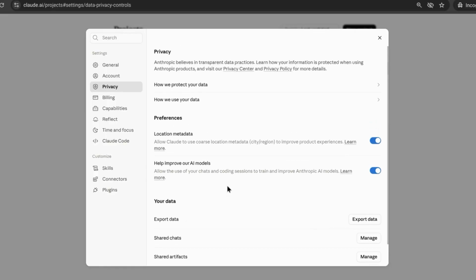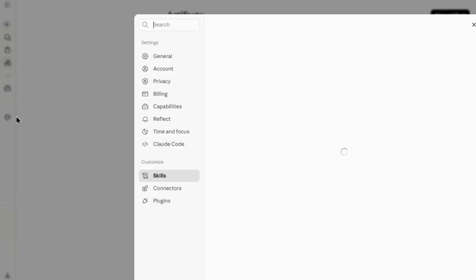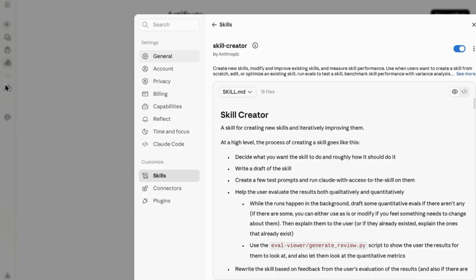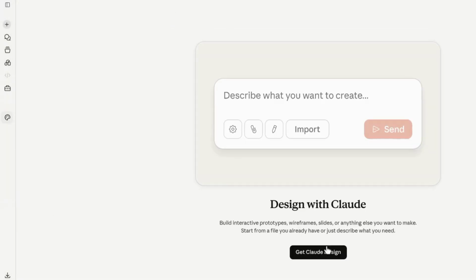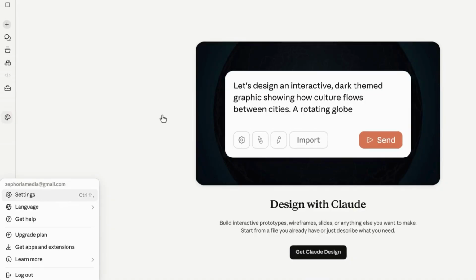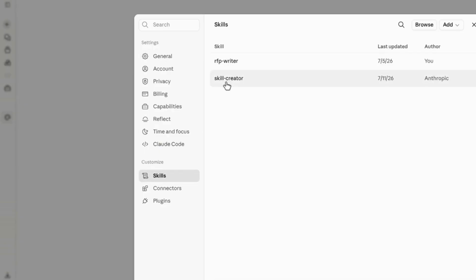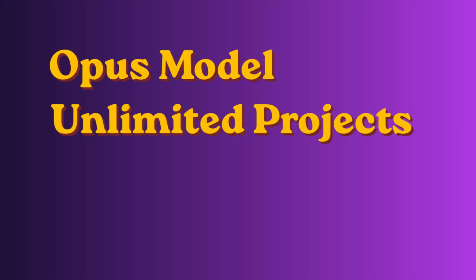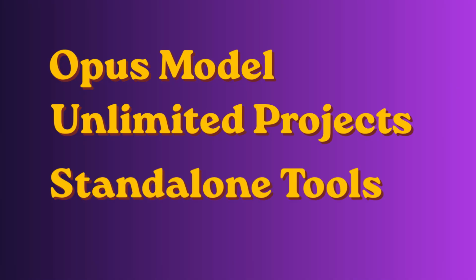One more thing worth knowing: since we are on the free plan here, free already gives you a lot: Sonnet, projects, artifacts, memory, web search, file creation, skills. What you don't get on the free plan is the Opus model, unlimited projects, and a few standalone tools built for heavier daily use. Upgrading to the paid Pro plans adds a few specific things, and it's worth knowing exactly where